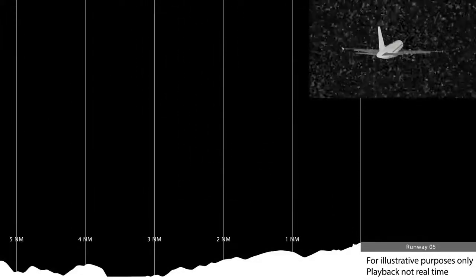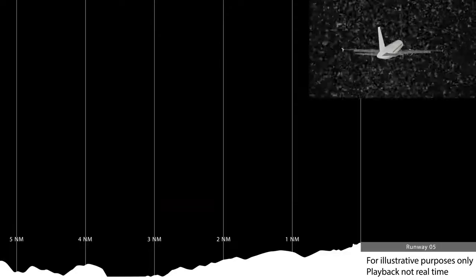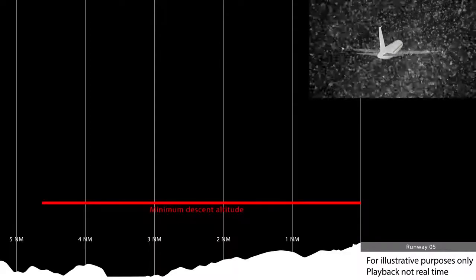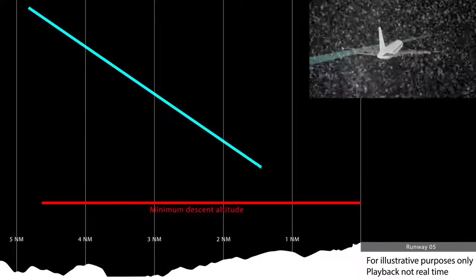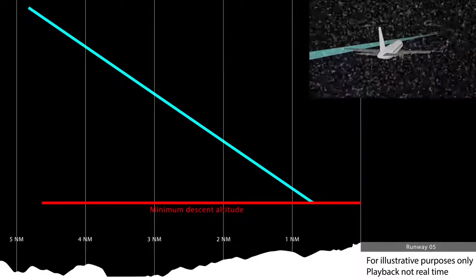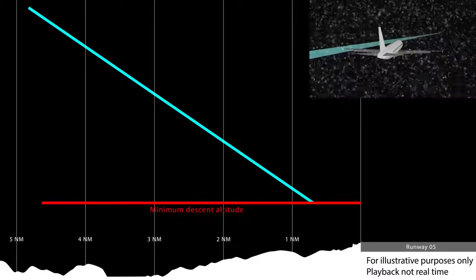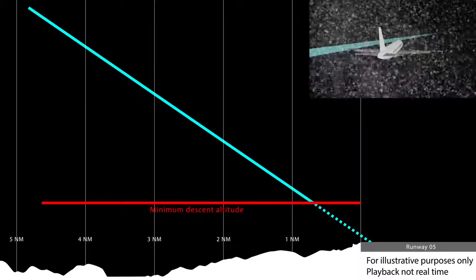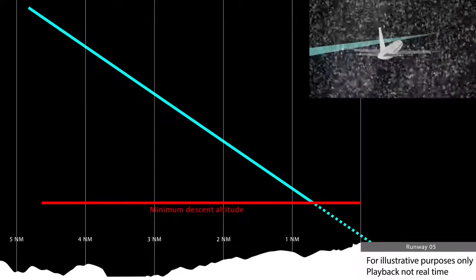One of the critical height parameters on approach is something known as the minimum descent altitude, or MDA. The flight crew set the autopilot to fly the appropriate constant descent flight path angle, shown in blue, which would take them to the MDA. The aircraft was not to go below this height unless the crew had specific visual references, such as the approach